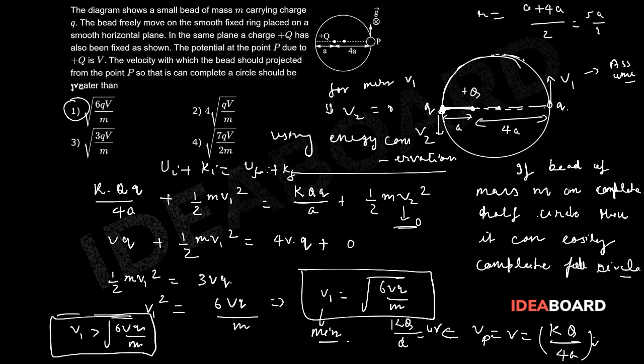One thing I would like to mention here, this is not the case of motion in a vertical circle, because in motion in a vertical circle, you first of all need to have a rope of length L, right? So in that scenario the situation will be different. So this is a separate question.